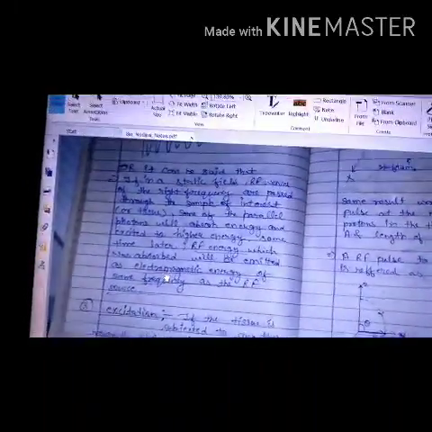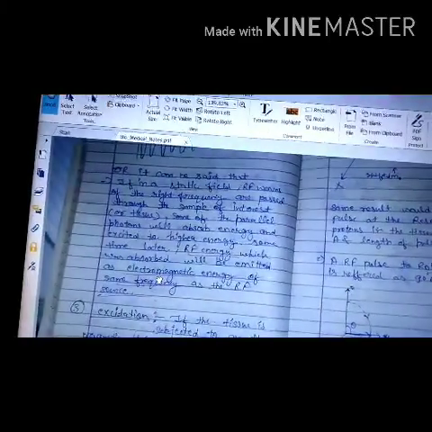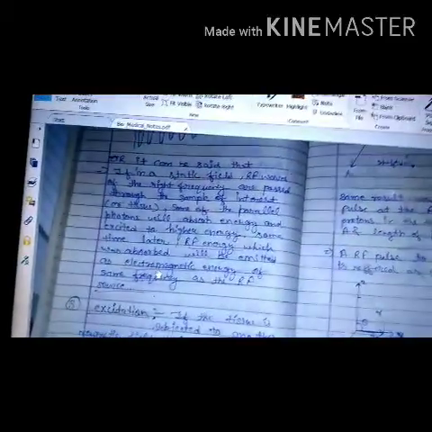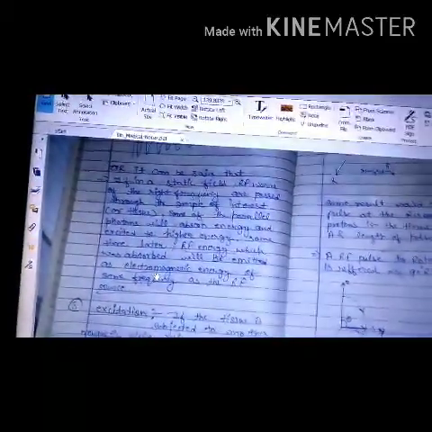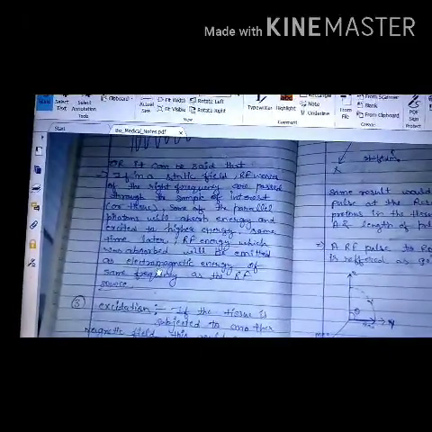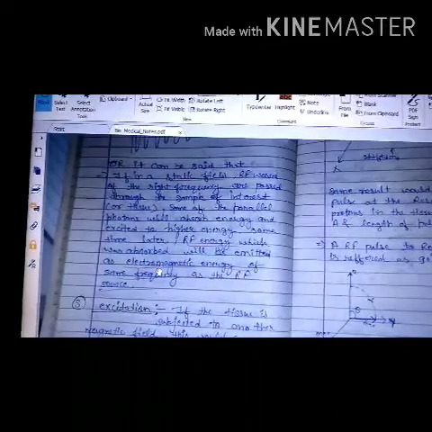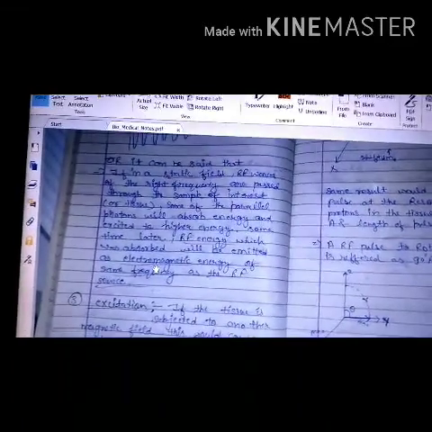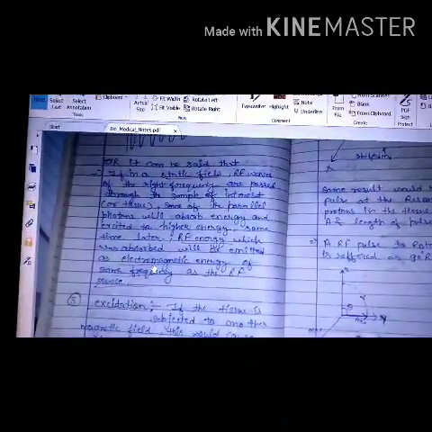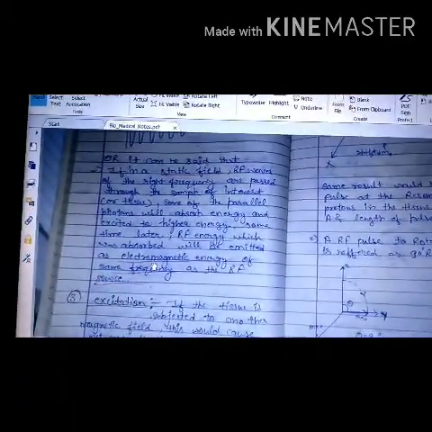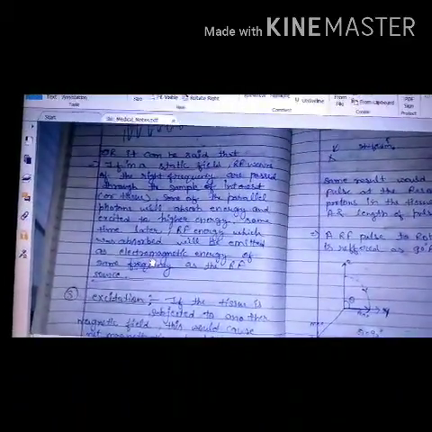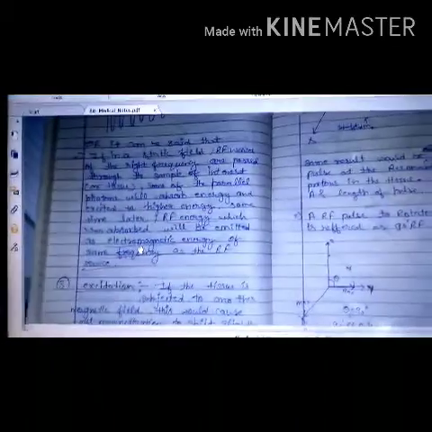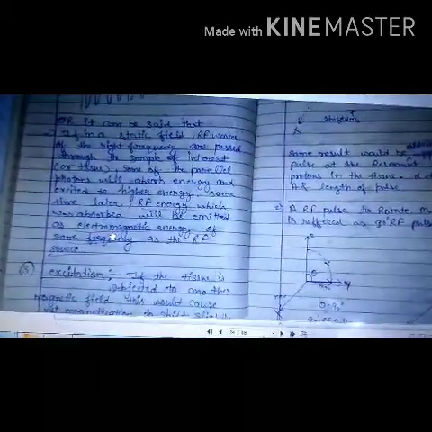Okay, so protons in those tissues will absorb the energy and raise themselves to a higher energy level. Once in the higher energy level, they will maintain their state as long as the static field is applied. Once the field is removed, some time later they will want to come back to their lower or proper energy levels. When they do, the RF energy which was absorbed is emitted back in the form of electromagnetic energy, with the same frequency as the RF source which was applied to excite the particles.